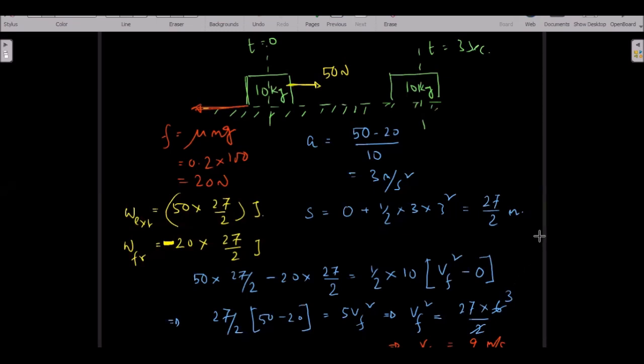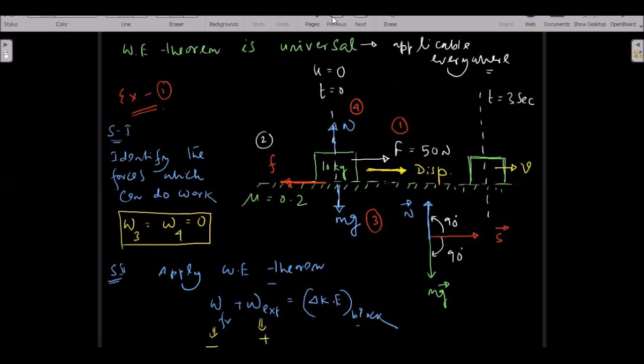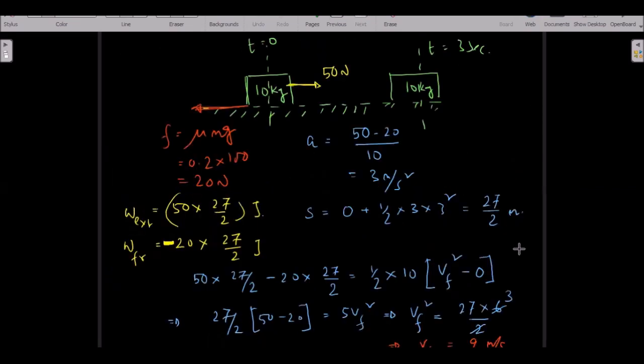So in this question, we have seen application of work energy theorem, but there are several points which came out. I will write them one by one. Correct? I hope this page is clear to everyone. Yes, show the previous page, sir. Right. Thank you, sir. And show the next one also. One second. Okay. Thank you. Now, see what I'm getting here.